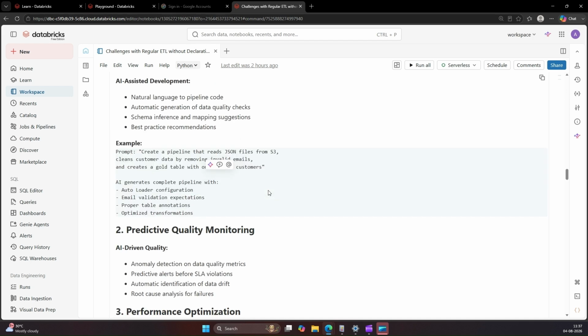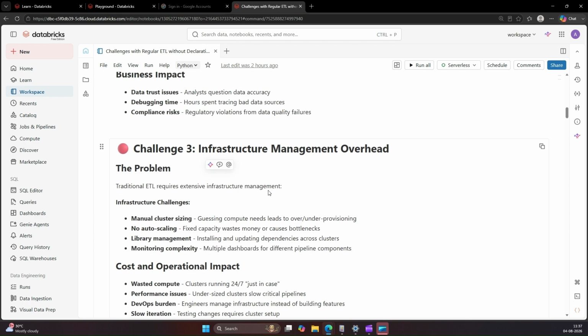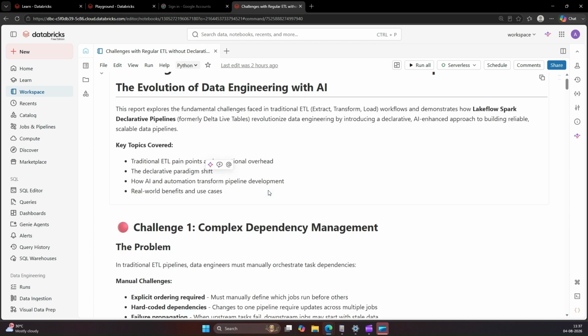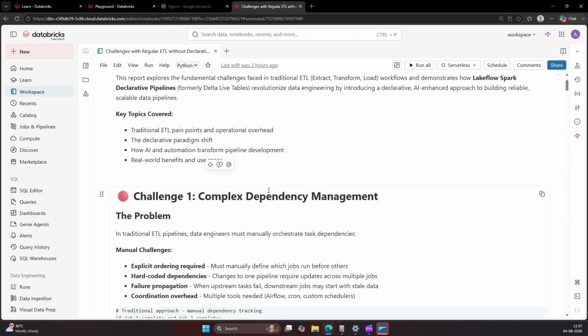So this is the traditional ETL pipeline code, which is then embedded in different frameworks like Airflow. In AWS, it is put in AWS EMR Serverless, or in Databricks, it is put in some notebooks or Python files, and then they are run over and over again. So this is how we build the